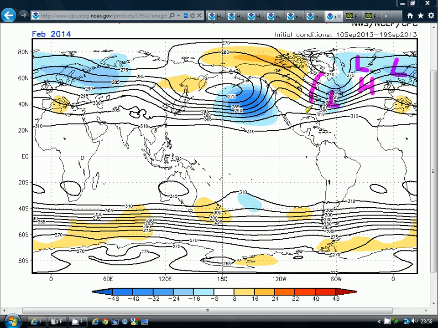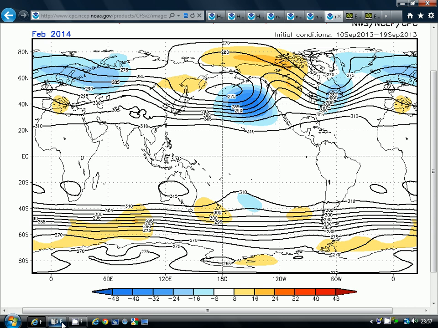The jet stream will probably be going something like that around the trough in the eastern states, the ridge in the Atlantic, and the low pressure up over Scandinavia. We're more or less on the cold side of the jet stream, I suppose, but it's not a particularly cold signal by any means. We haven't got any blocking there up over Greenland.